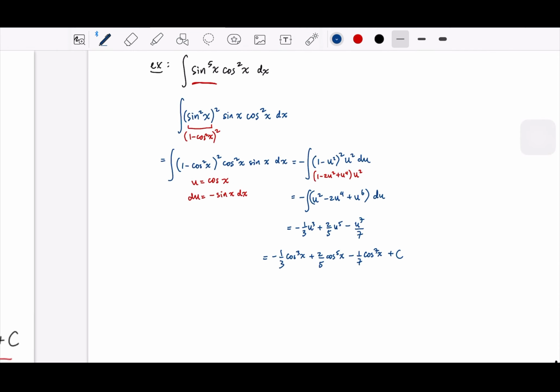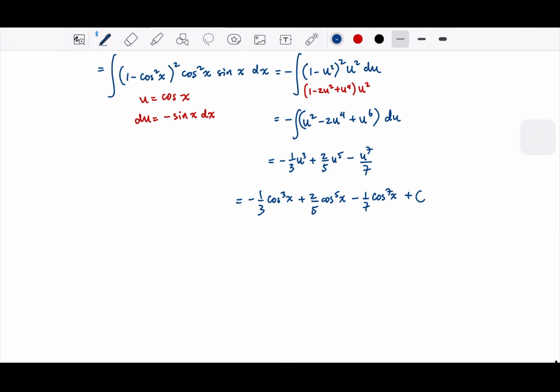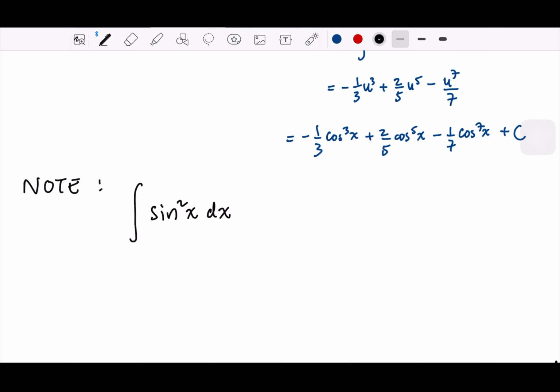Okay, that is the first case, with sine and cosine. And some notes for the integral, especially when you integrate, let's say, sine squared x dx. My suggestion, because you will see this very often, especially next semester, for the sine squared x dx, is we are going to take this into